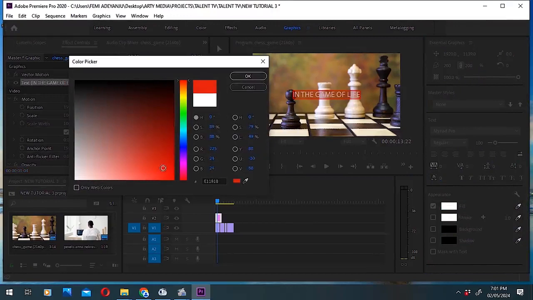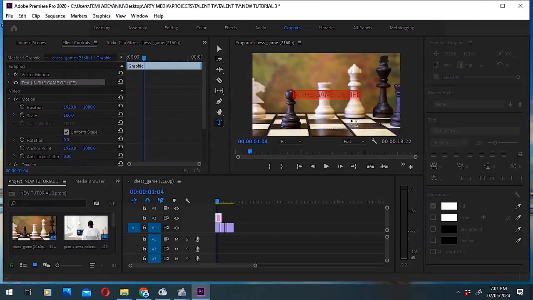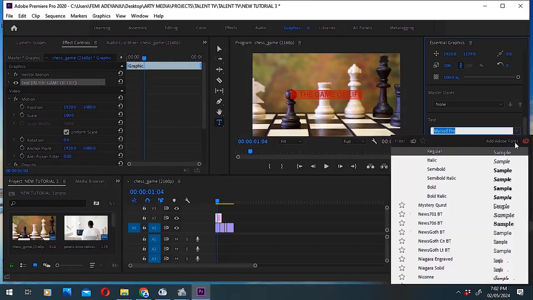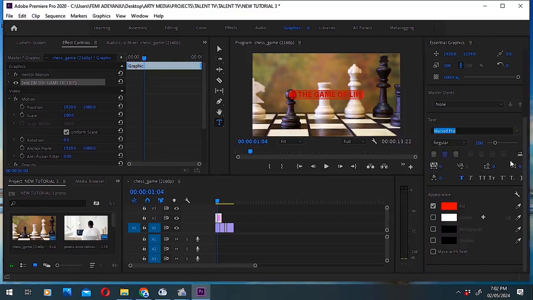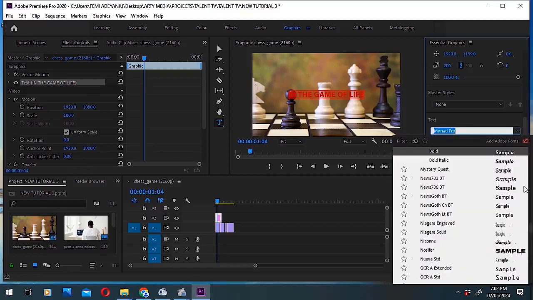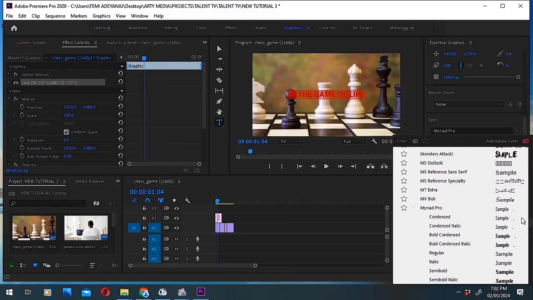So you come back to this essential graphics, you scroll down, then right here you can click on the fill and change the color in the color palettes. So let me change the red and come here and click OK. So once you click OK, you see that has changed, but that is still not bold enough. So let me click on try and make it bold, or let me just change the font. So you come over here, let me change the font to bold,